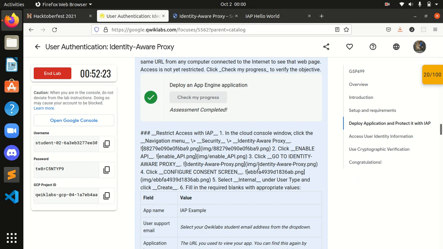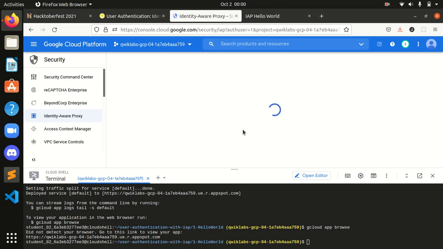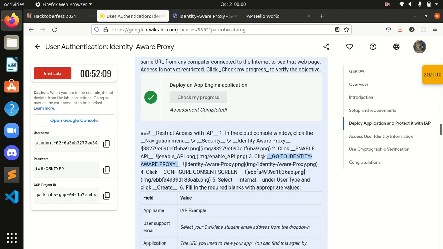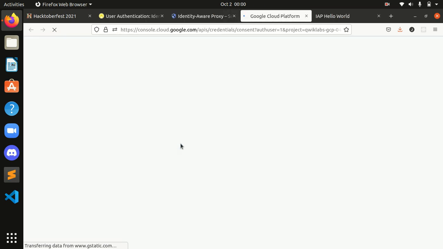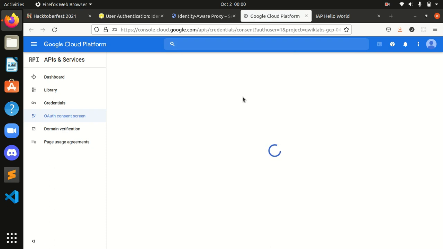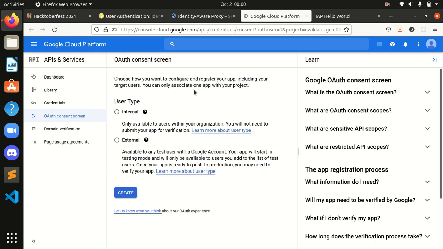So after that, click go to identity aware proxy. Okay, we are here. After that, click configure consent screen. This got opened in a new tab, guys. As you can see, we are in this APIs and services tab. After clicking configure consent screen, over here